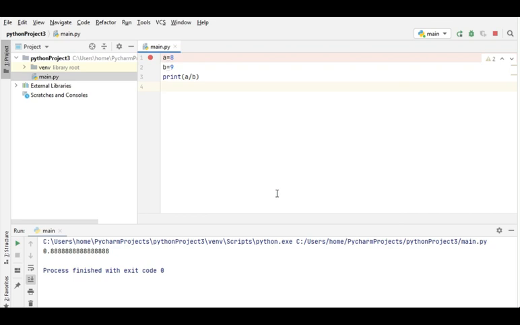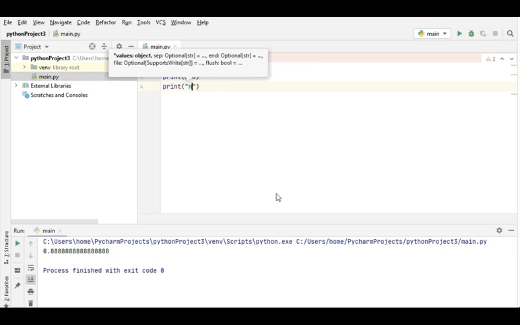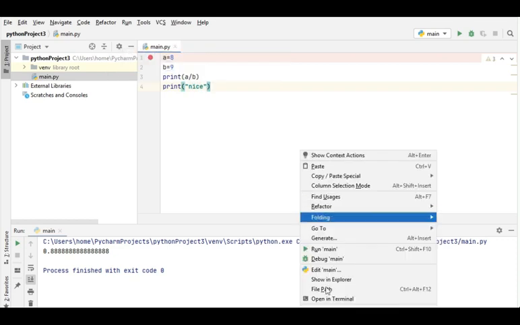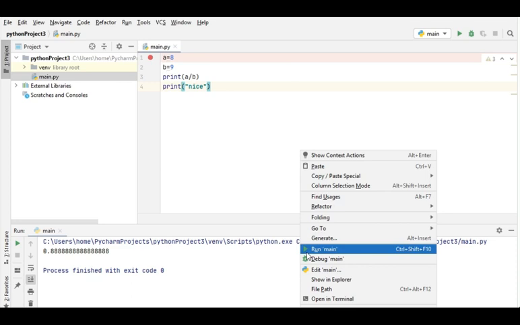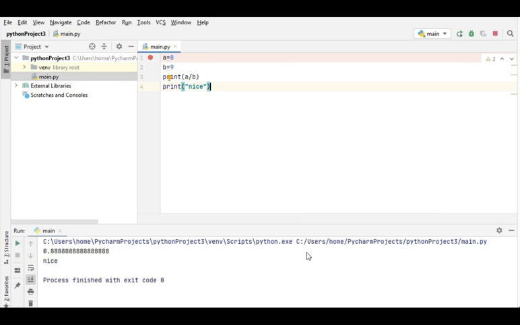So we got 0.888, it's a floating point representation value. It's okay, and if you print again and run the program, what exactly happens? Yes, watch. Nice one, fantastic. So in this way you get the result.